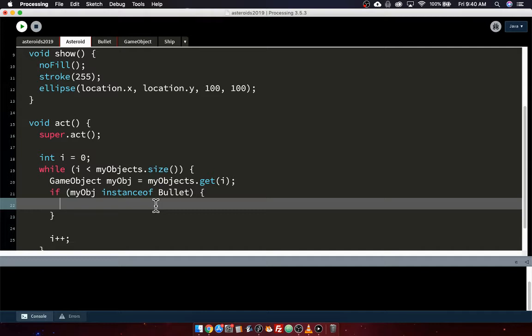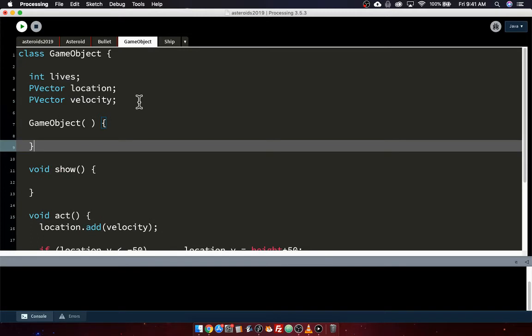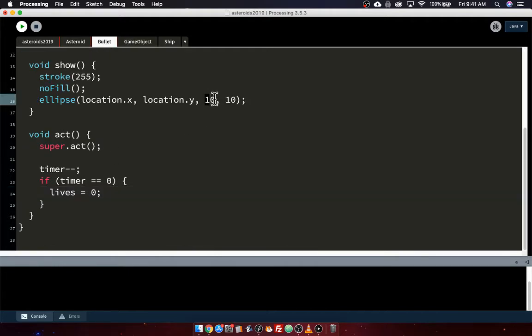I'm tempted to go and add something to the game object class so that everything has some size to it. I don't love the idea of just hard coding these numbers in. We did it temporarily before, but I think what we'll do